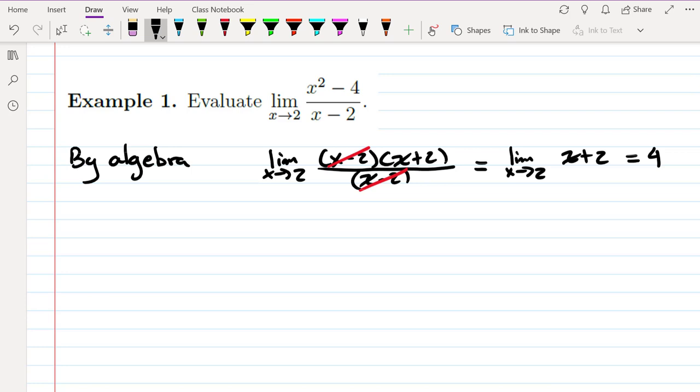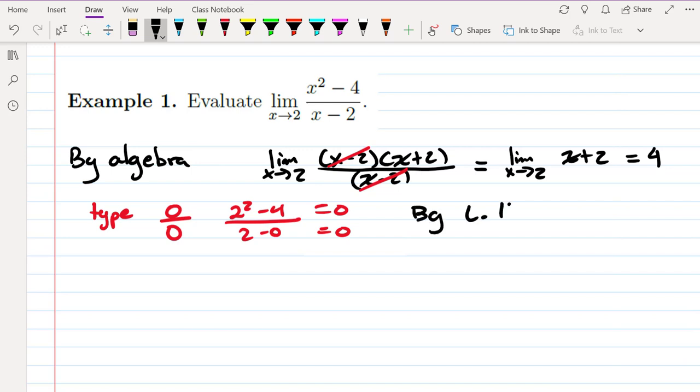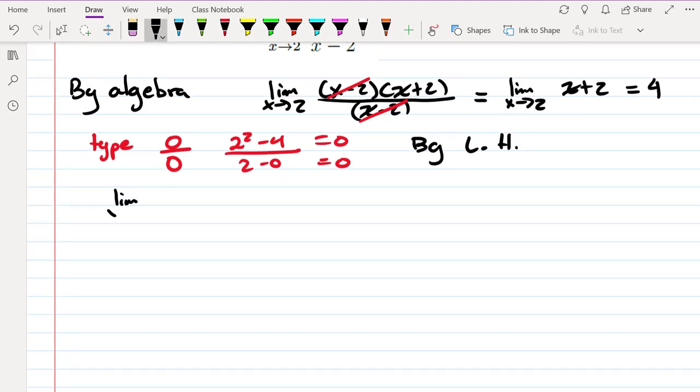We can also note that this is type 0 over 0, because if I plug 2 in for x, I get 2 squared minus 4, which is 0, and in the denominator, 2 minus 2 is 0. So since it's type 0 over 0, by L'Hopital's rule, it says that the limit as x goes to 2 of x squared minus 4 all over x minus 2